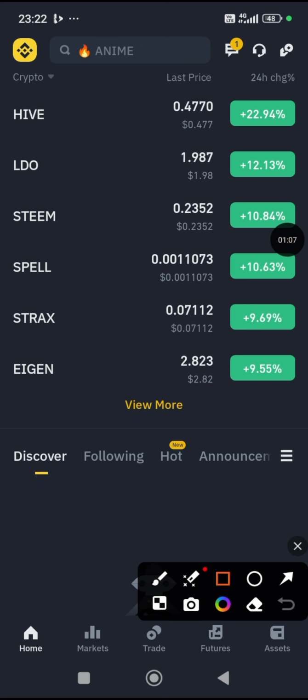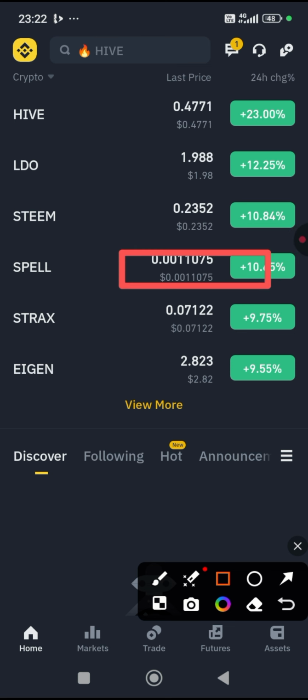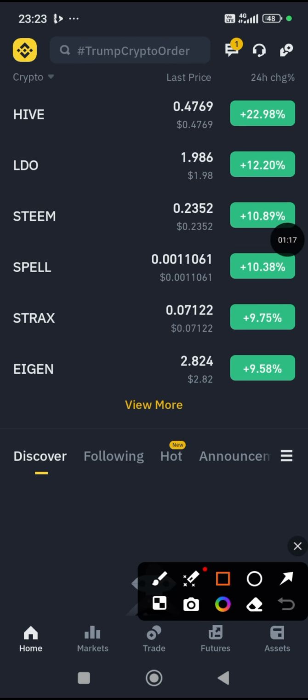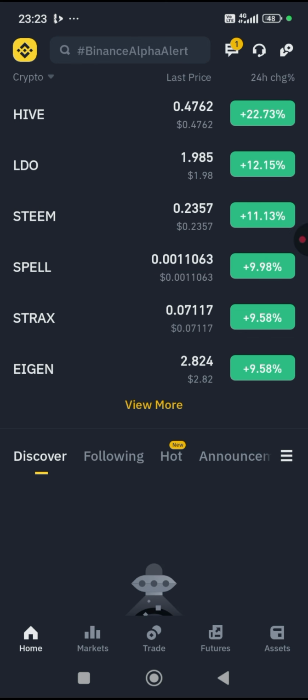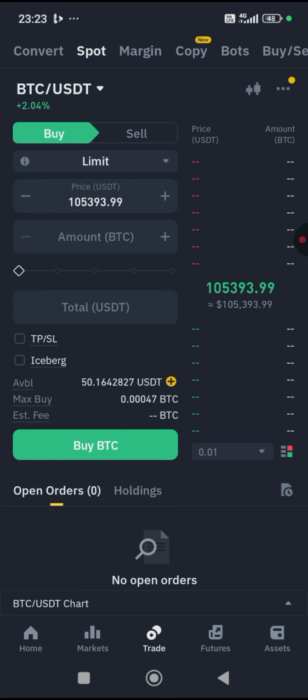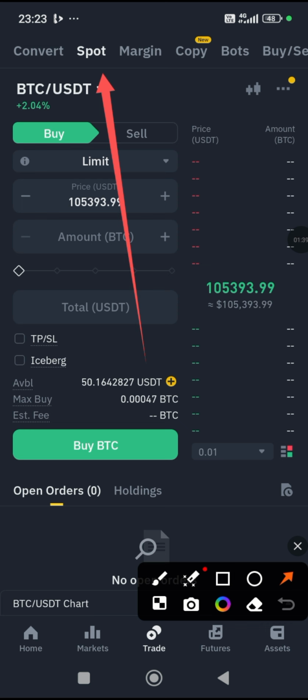Let me show you this coin. Let me say, for example, I want to buy Spell. You can see Spell here, and it is around 0.001. Let's say I want to trade a particular one with $8. Now this is where it gets juicy, so you have to tap on buy. Remember the last time I told you to be mindful that you are on spot, not futures. But in this particular video, for you to be able to trade less than $10,